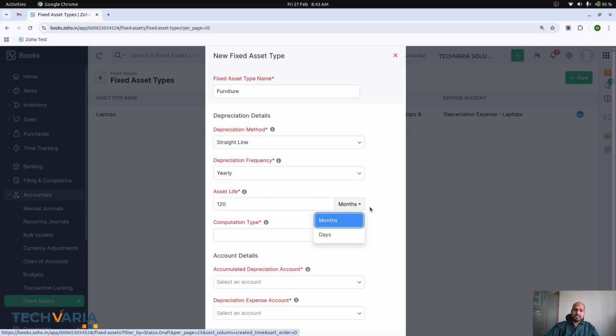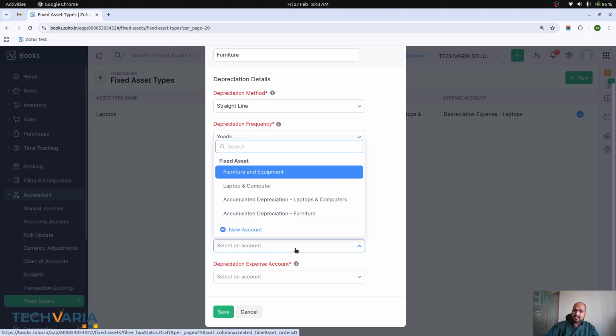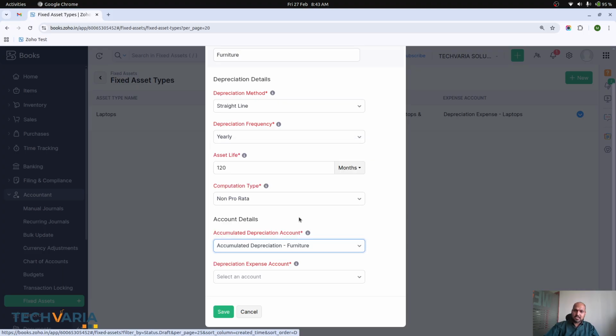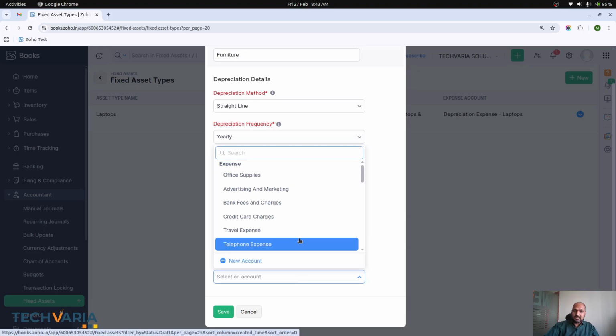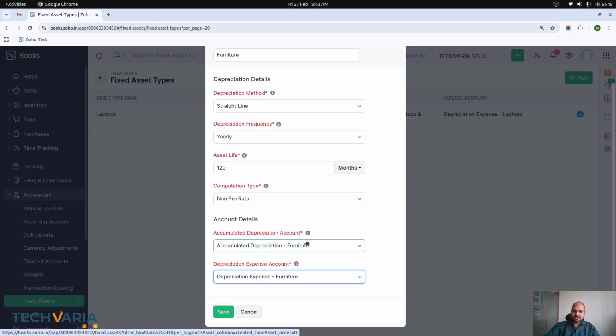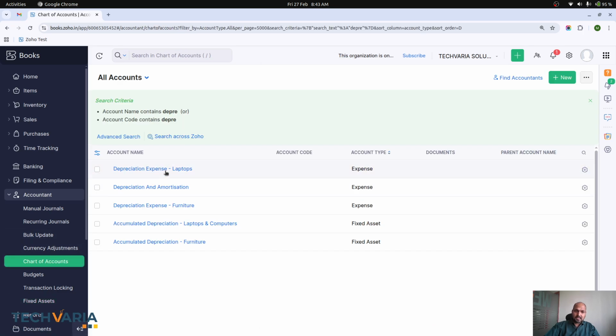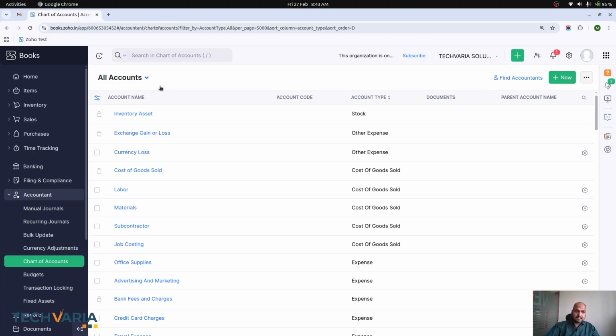So we can give months or days over here, and computation type, I want to give non-pro rata over here. And this is where we have to select accumulated depreciation account and then expense account for our depreciation, that is furniture. Once this setup is done, you can go back to your chart of account and pick this depreciation, or you can create and select